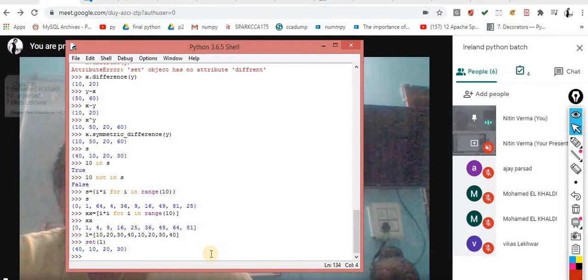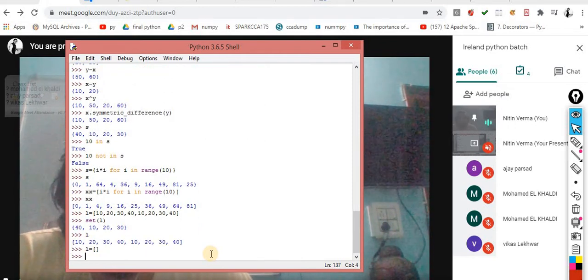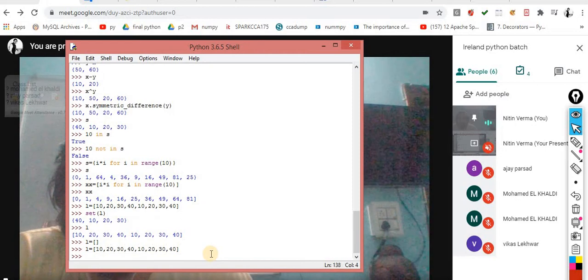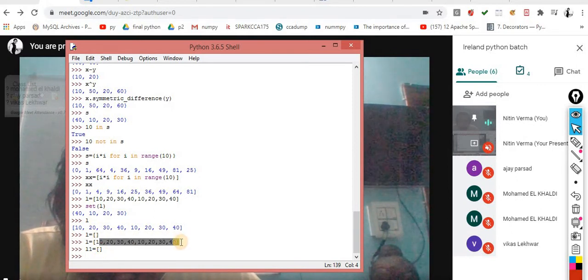Very simple logic. Now observe this scenario. This is my list, and I am taking one more list, that is list L1. What I will do is fill the unique items from this list to this list.